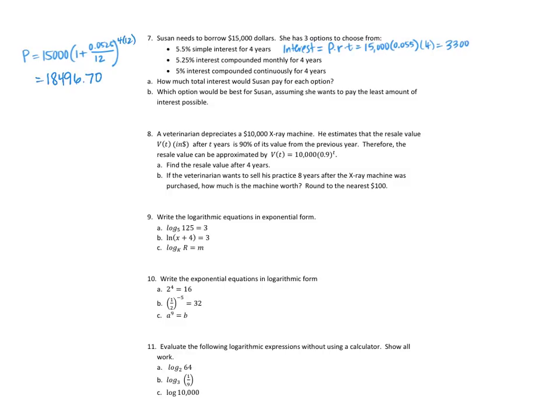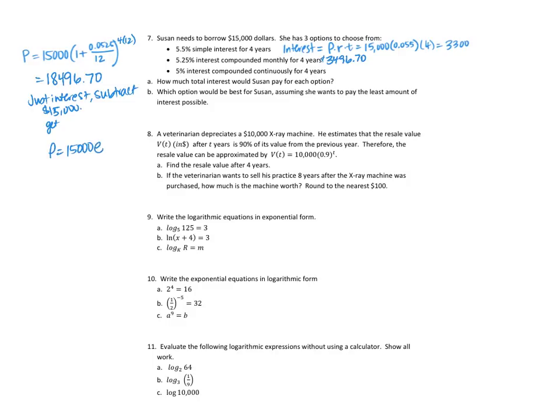So if I just want the interest, I can subtract that principal. Okay, and so if I subtract the 15,000, I get 3,496.70 for interest. Okay, and then if it's compounded continuously for 4 years, so that'll be P is equal to